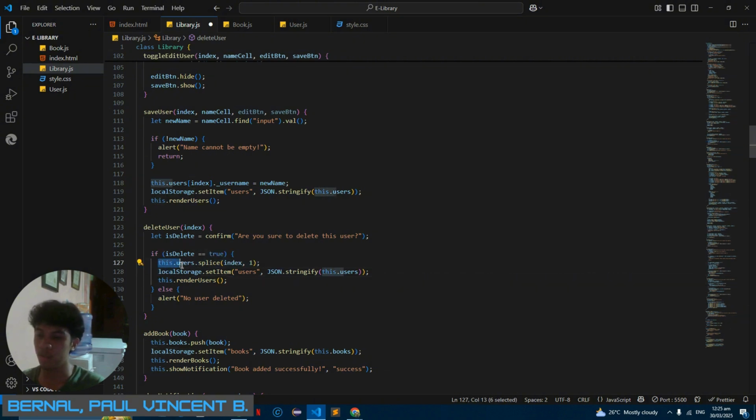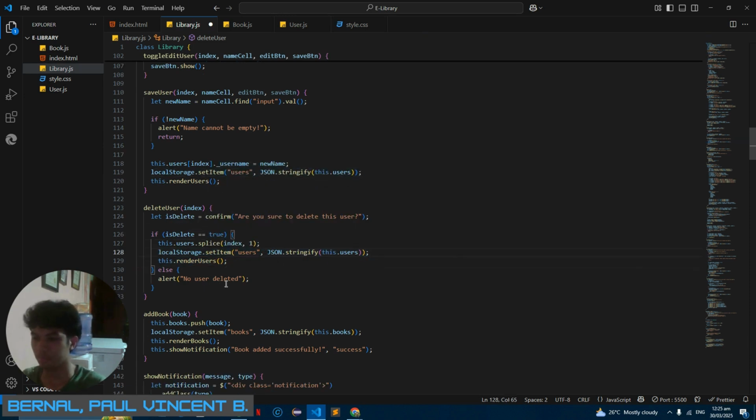Then this user splice. The user will be deleted if the deleted boolean is equal to true. We also implement this users. Else, if the user cancels the confirmation, there's an alert message, no user deleted.